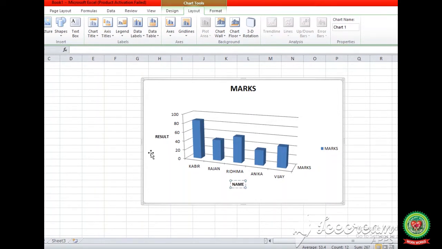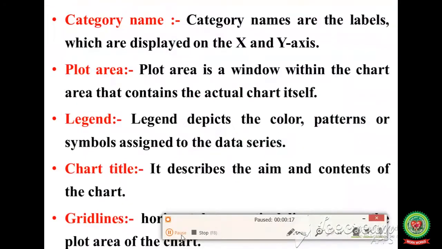And you can change it here also. Click on it, press the backspace key and give any category name. So category names are the labels which are displayed on x and y axis.